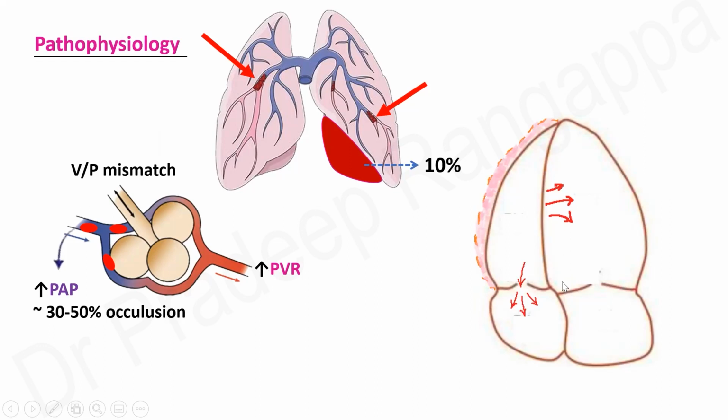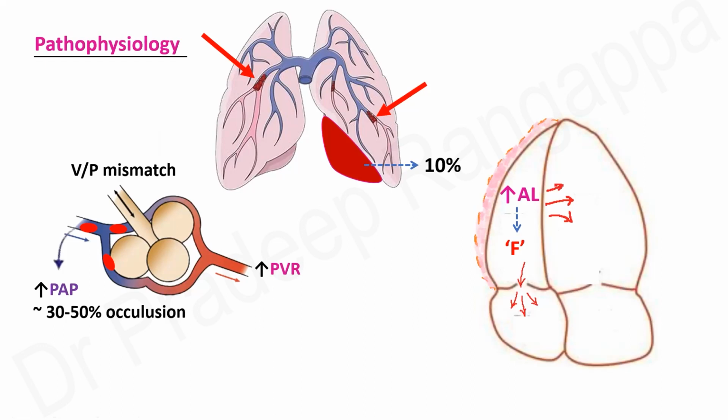That's why you get a straightening of this interventricular septum, or what we call a D-shaped interventricular septum or a D-shaped RV, right ventricle. And because there is increased load on the RV, because of this occlusion of the pulmonary vasculature, there's an increase in the afterload of the RV. And this leads to right ventricular dysfunction or right ventricular failure, which can be ascertained by doing TAPSE.